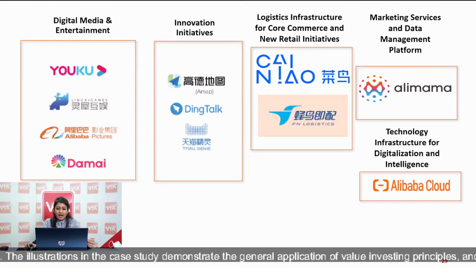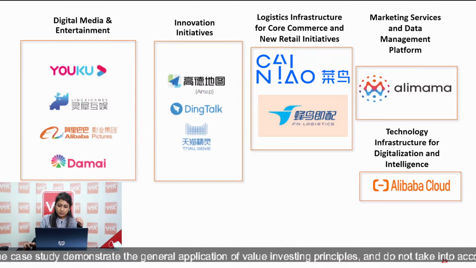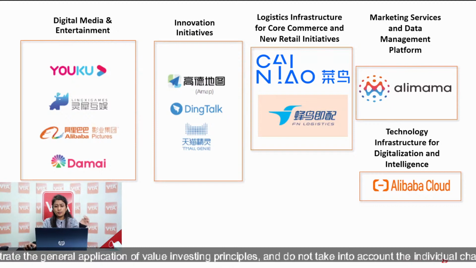And last, we have Alibaba Cloud, which is in cloud computing. Alibaba Group is China's largest provider of public cloud services. The cloud computing business offers a complete suite of cloud services, for example, database, storage, big data analytics, machine learning, IoT, etc. And Alibaba is a significant leader in this industry. It has approximately 40% market share, and it has first mover advantages in this industry, and this is a major growth potential for the company in the future.